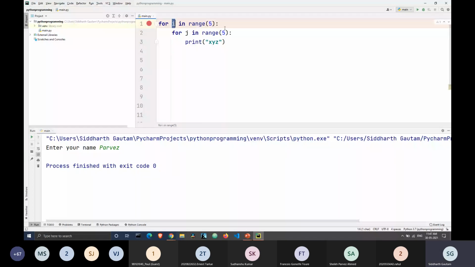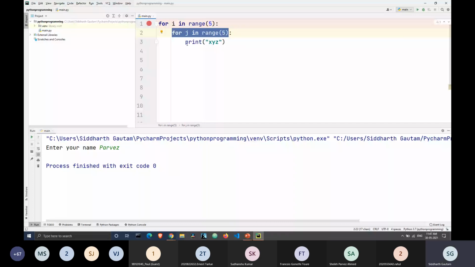Let's say the value of i is equal to 0. When the value of i is 0, the inner loop will get executed 5 times because of the range of j is 5. When i is 0, j will go 0, 1, 2, 3, 4. That's why, since it's going 5 times, XYZ will get printed 5 times.